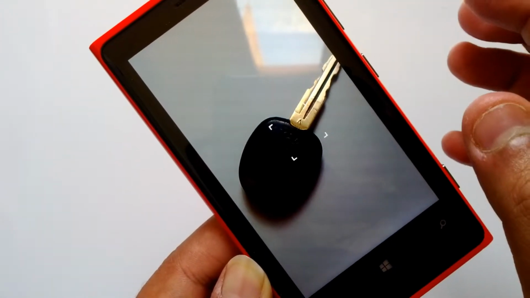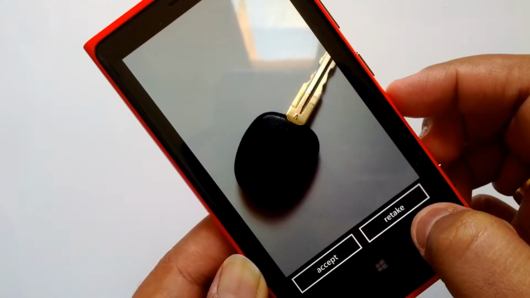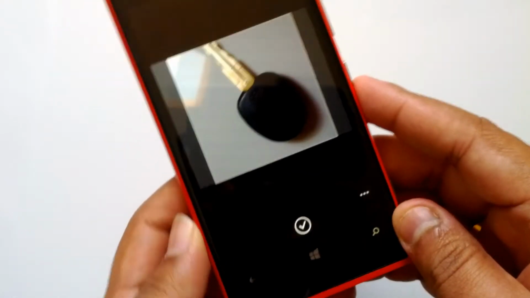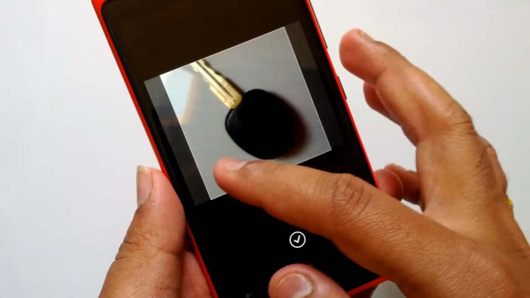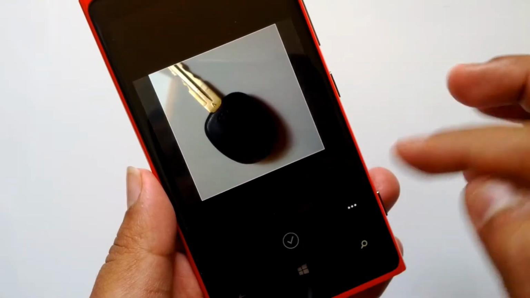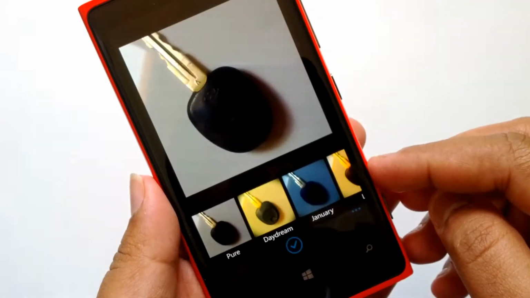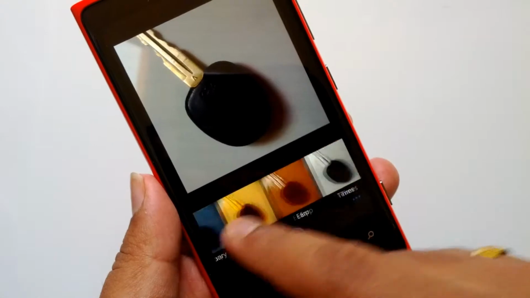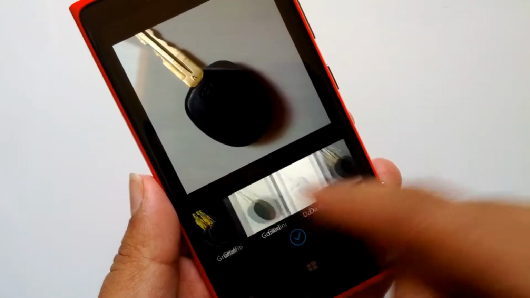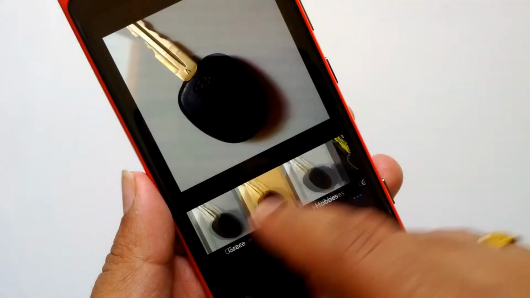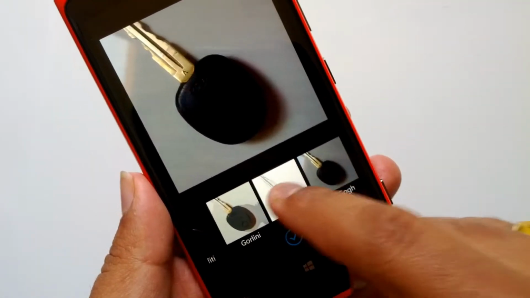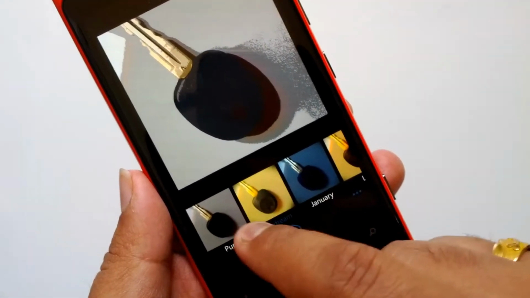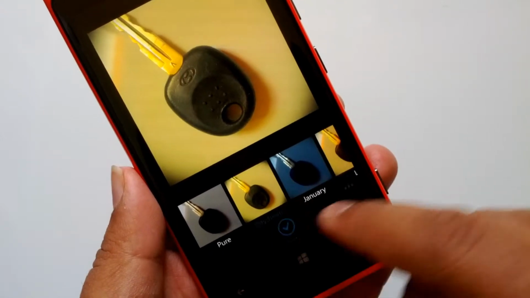Once I snap the photo, you can accept the photo or retake the photo. I'll just accept the photo. Now I can crop the photo based on my requirement. Then press the OK button. Now you can see the filters for you to select. You can see the various filters, and the UI is very similar to the Instagram app, but the filters are quite different when compared to Instagram. I can select various filters, and once you have selected a filter, you can click the next button.